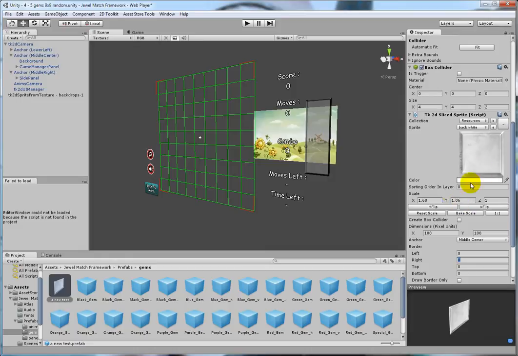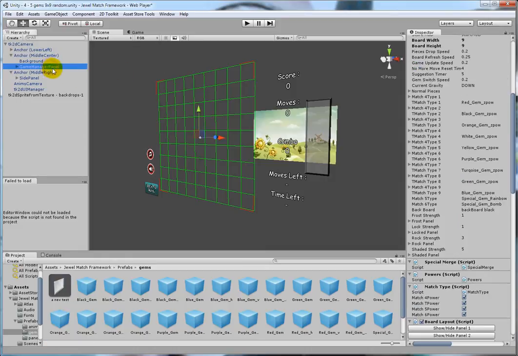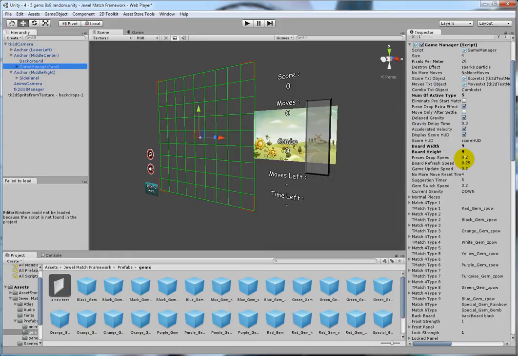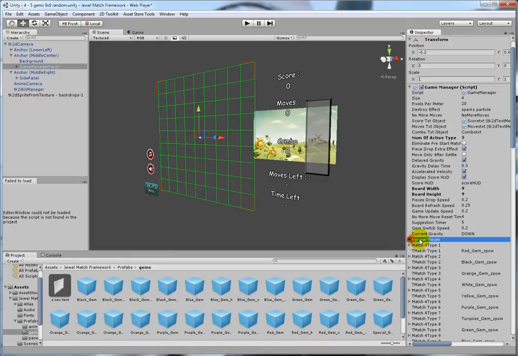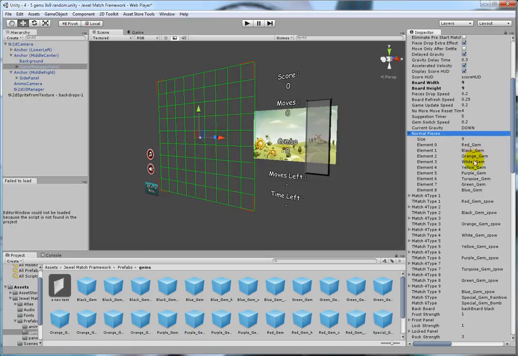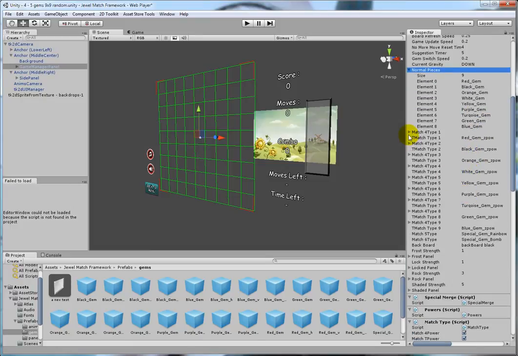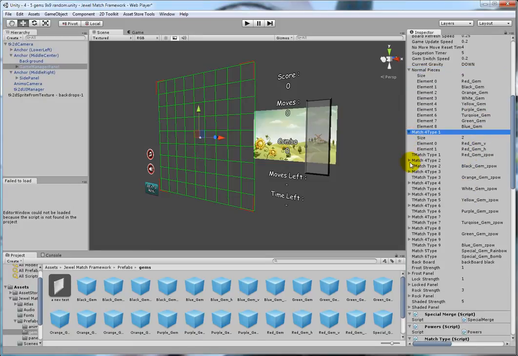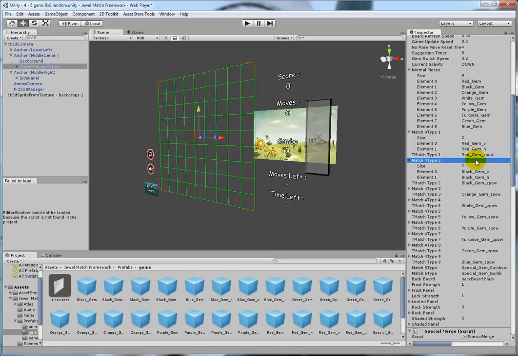So once you have this set up, you can go to the game manager panel and choose to use your own prefab. These are all the normal gems and these are all the special gems in order. So hopefully you need to follow the order that you have already specified here. So if the first one is red gem and then followed by black and orange, then this is the match